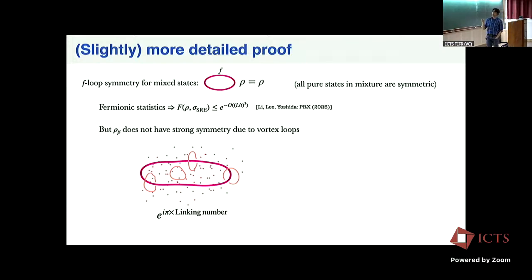Physically, it means that if I write it as a mixture, all the pure states are individually symmetric. And then for a state with this property, you can generalize the argument I gave before for the toric code very easily to show that the fact that the endpoints of this F-loop have a non-trivial braiding is inconsistent with being short-range entangled, and that fidelity with any short-range entangled state has to be exponentially small. Indeed.